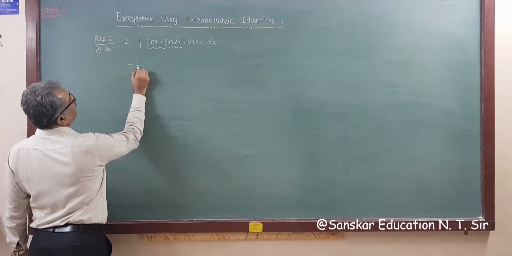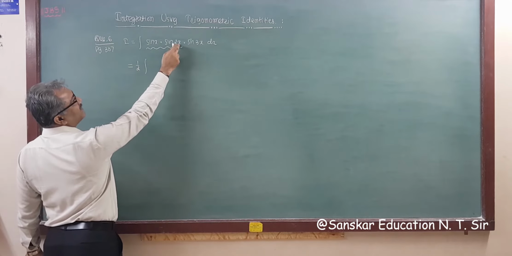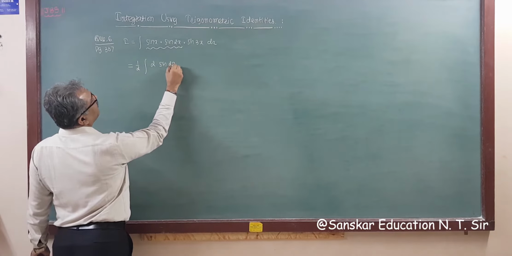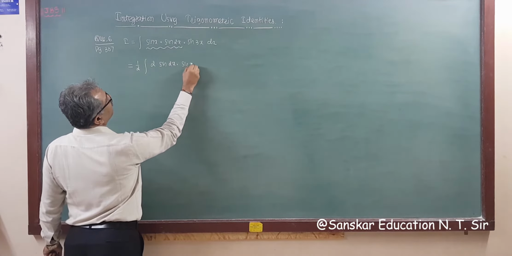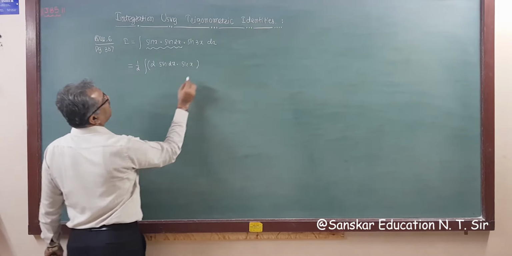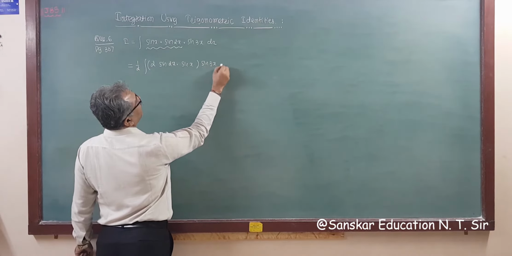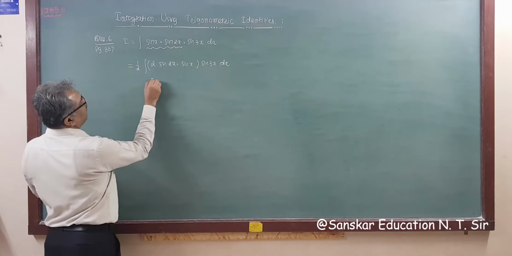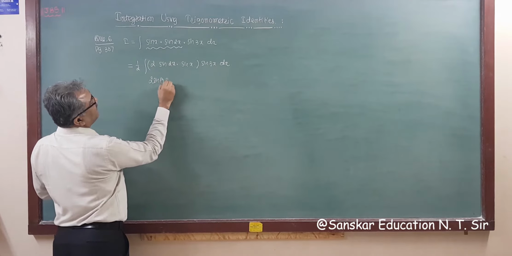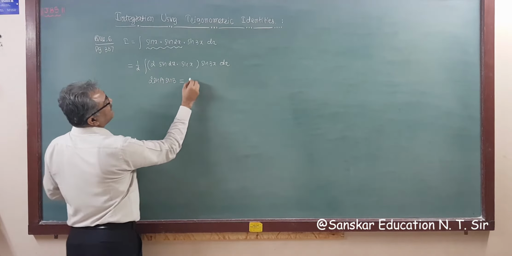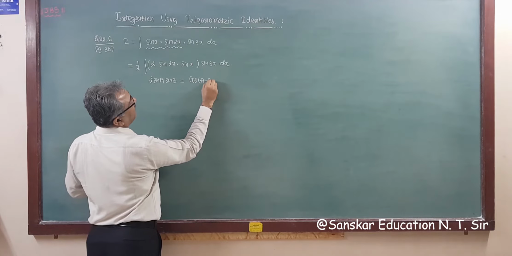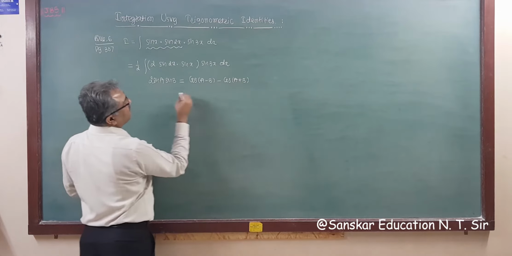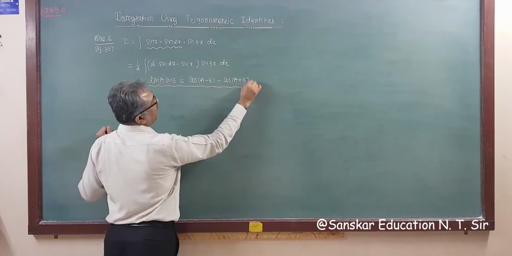We get 1 upon 2 integration, keeping first this angle as the largest angle, so 2 times sin 2x into sin x, right, into sin 3x dx. The 2 sin a sin b formula is cos(a minus b) minus cos(a plus b). This is the formula. So applying this formula,